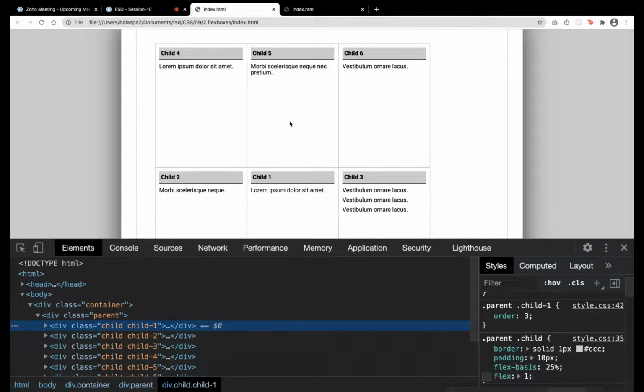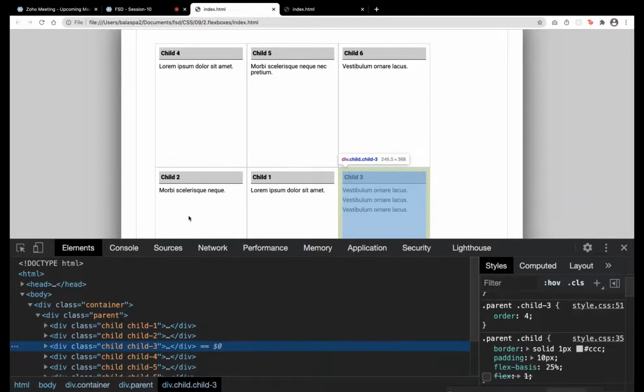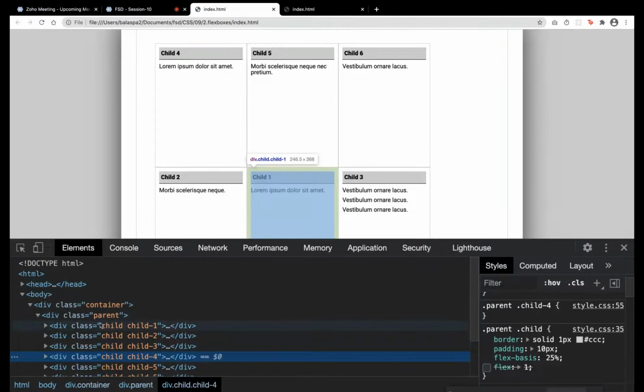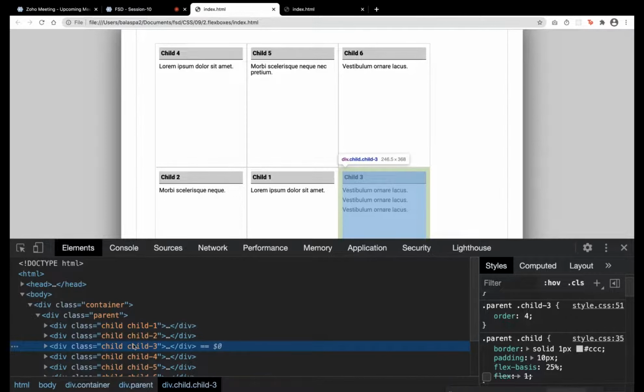So here the smallest numbers are 0, and then child 2's order is 2, child 3's order is 2, and child 1's order is 3. So after 2, 3 gets aligned, and then after 3 comes 4. I'm talking about the order number, not the child numbers.